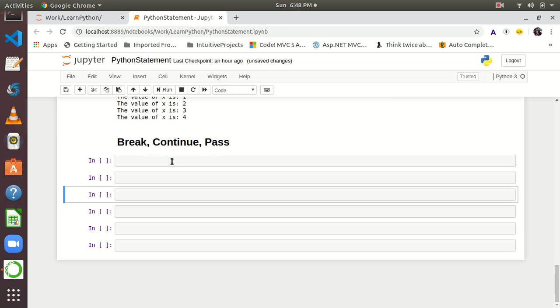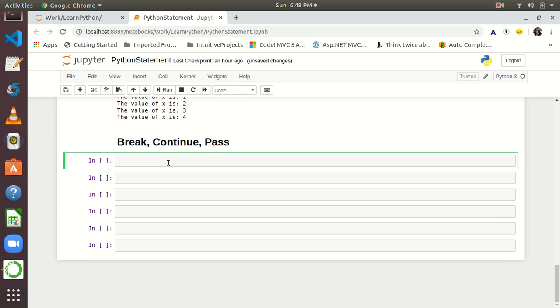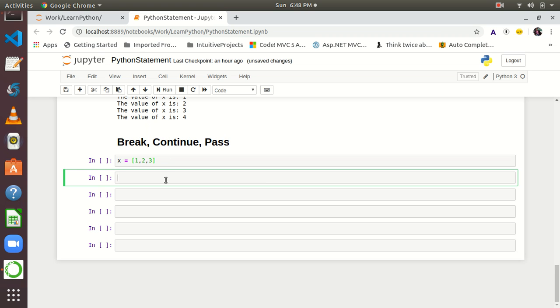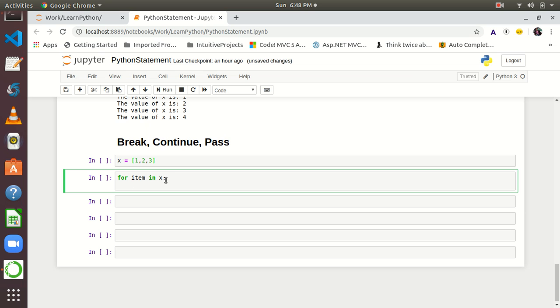Let's first check pass. What happens? Let's say in pass, if you have a list of items, let me create a list containing 1, 2, 3. If we want to do for item in x, to iterate that, and right now I don't want to use anything. If I give a comment like that, will